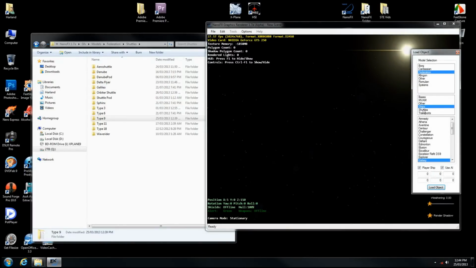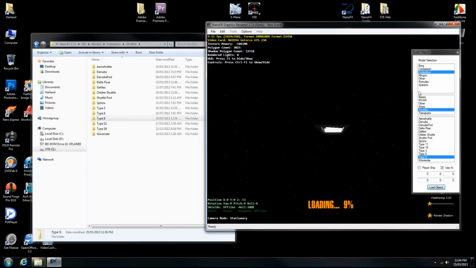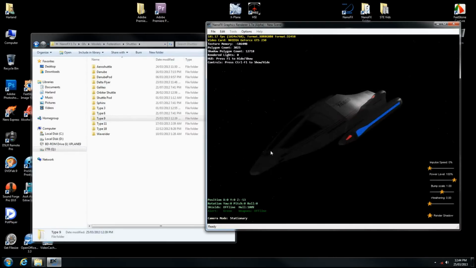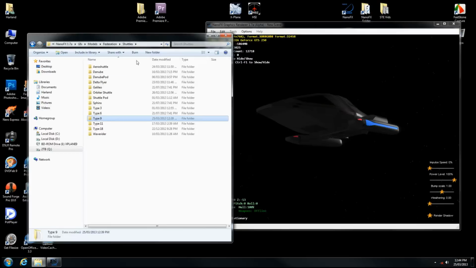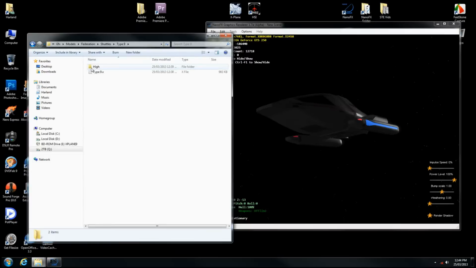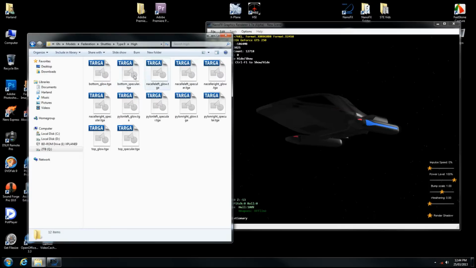So let's go back in the NanoFX viewer, load object, and we're going to find our Type 9. The first thing we're going to do is go into our working directory, which is in your NanoFX folder, Type 9, and our texture folder. I'm going to go through and rename all of these base textures by removing just the underscore glow. Most of your stuff that's brought over from Bridge Commander will have a naming scheme like this,